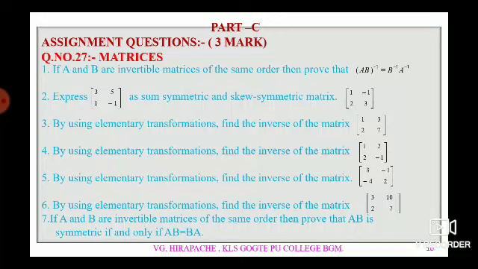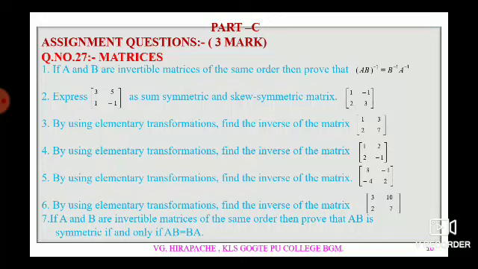Now the remaining examples, questions number 3, 4, 5 and 6. These are the same questions, only the matrices are different. But the question in all these 4 questions is finding the inverse of a square matrix. The first matrix is 1, 3, 2, 7. Then question number 4 is the matrix containing the elements 1, 2, 2, minus 1. Question number 5 contains the elements 3, minus 1, minus 4, 2, and question number 6 has the elements 3, 10 in the first row and 2, 7 in the second row. In all these cases you have to find the inverse of a given matrix, and these are the examples which were given in earlier examinations.